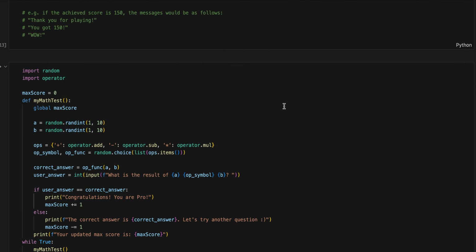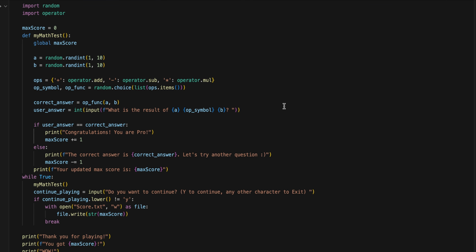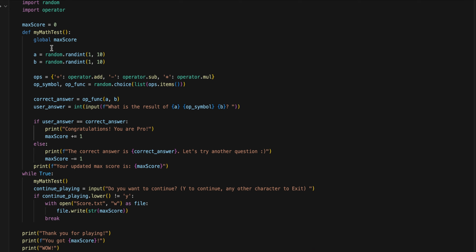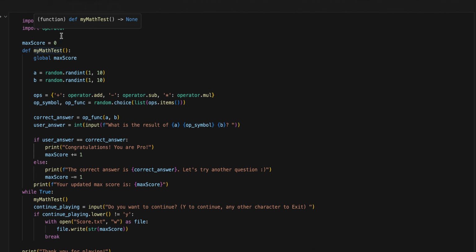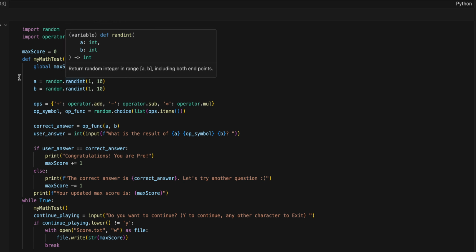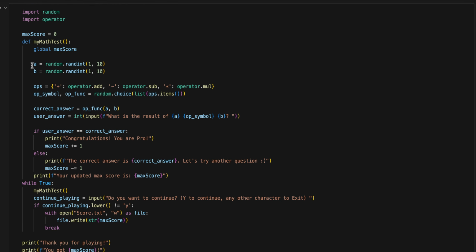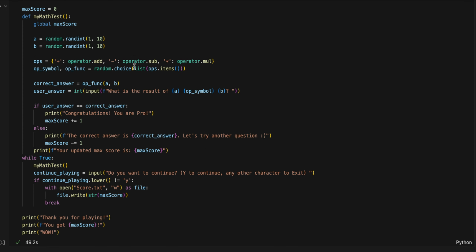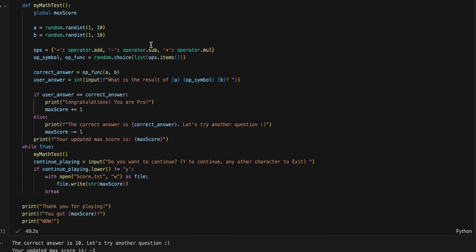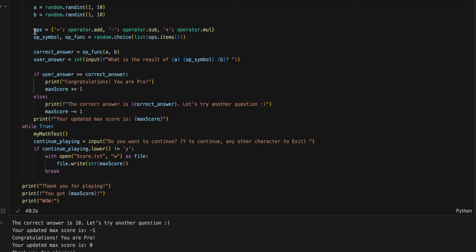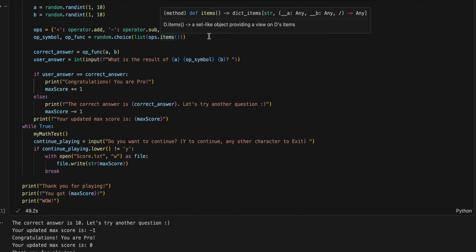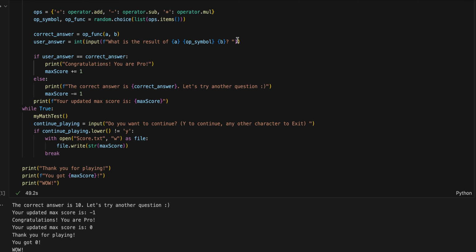Okay. The next part is we will be just defining an infinite loop and my mass function that we just defined, in which the a variable is a random number between 1 to 10, b is a random number between 1 to 10, and the ops dictionary is choosing a random option from that,